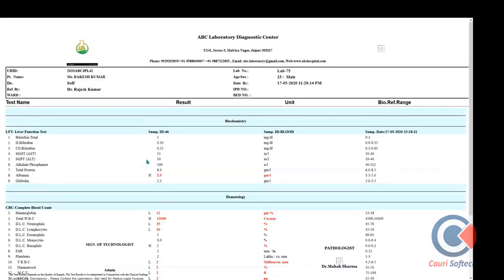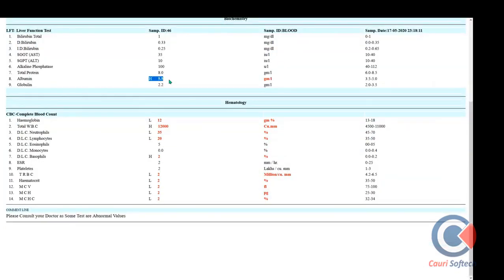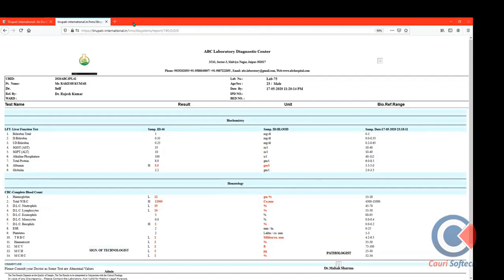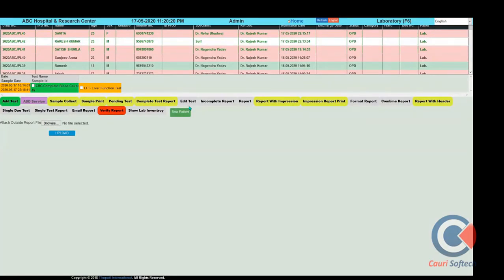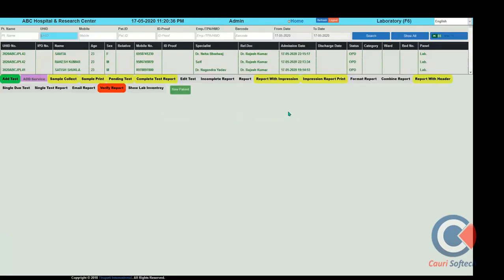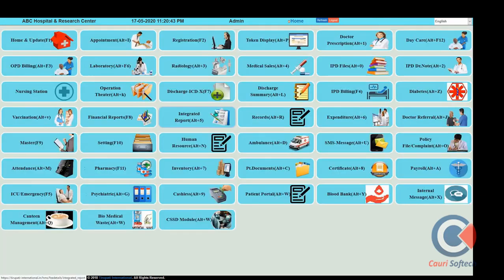Here are some abnormal values. You can see a high and low value indication is coming, so the doctor can identify it, give the prescription for the lab report, and give further medication to justify the result. This way the lab report will be performed. Here you can see multiple buttons, which are the different views for the lab technician. They can access them at the time of editing, and everything is according to the role permission given to the user.